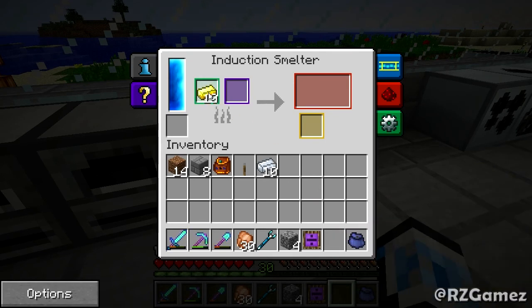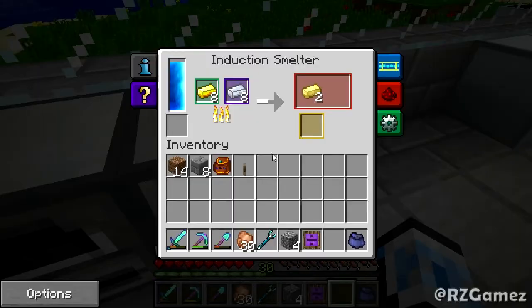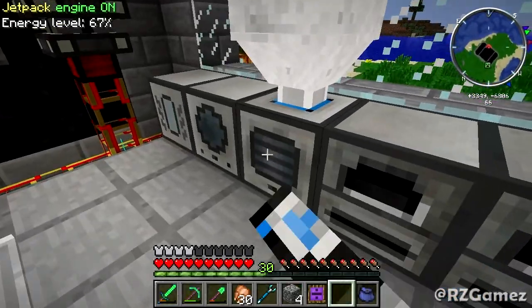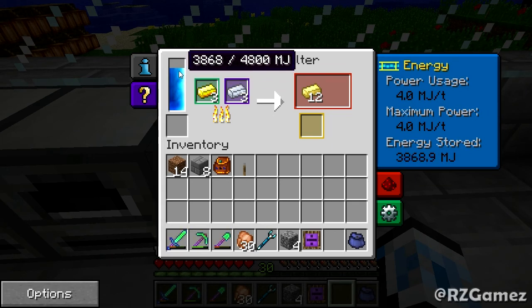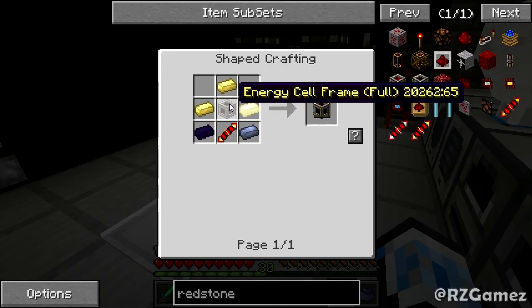I don't think I've shown you the induction smelter at all either. So what it basically is, it's a machine from Thermal Expansion which combines two types of metals or powders or whatever to make certain other items in the game which would be unacquirable otherwise. Like the pulverizer, I believe the pulverizer also uses 4. Yep, it uses 4 RF per tick, and as all the other machines do, it has a bit of internal storage. So that electrum is going to cook up for us, and we're going to start working on